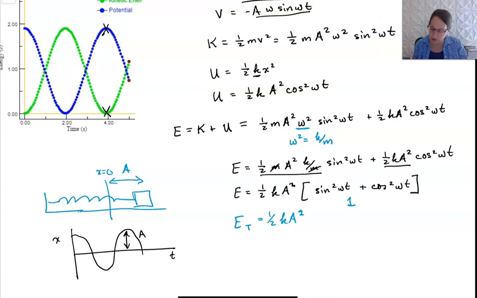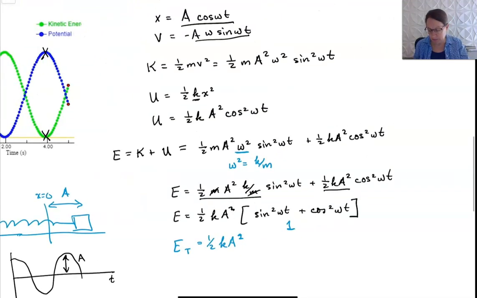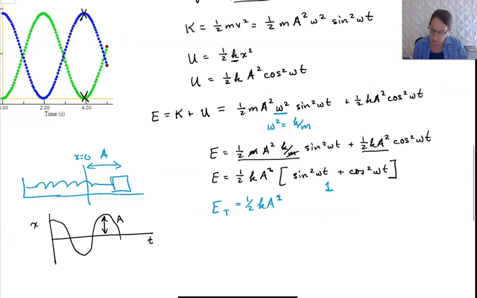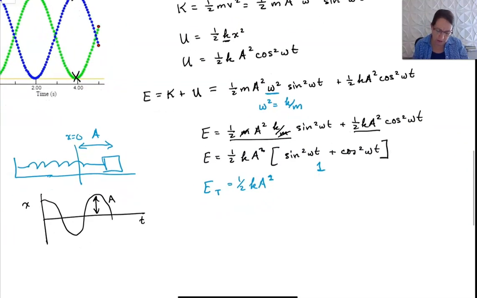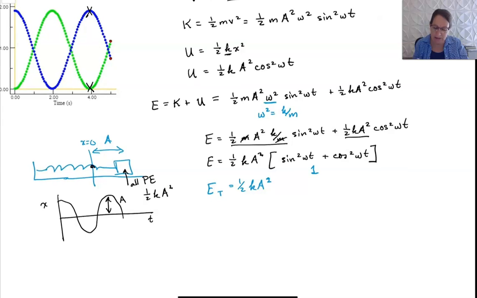Then if I stretch it, my maximum energy would be at this stretched point, which would be all potential energy, so it shouldn't surprise you that that's 1/2 ka squared at that point, because we've got 0 kinetic energy there, and when we go into the center, it's all kinetic energy,